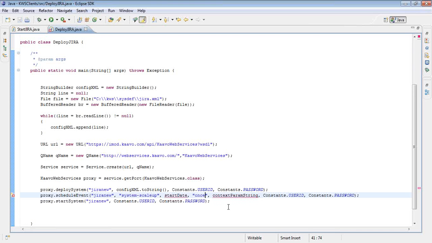So this is the frequency I want to execute this event only once. So I specified once here. And context param string is something that is needed for passing extra parameters to this event. We do not support this as of now. We will add the support for passing parameters to events in future. And this is the start date. That is when the event will be executed.